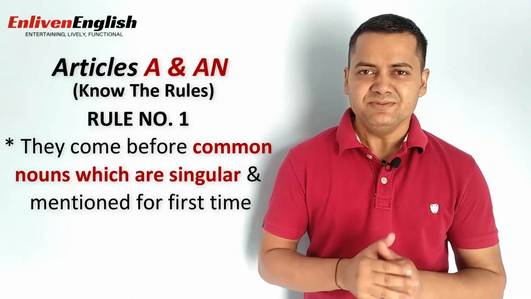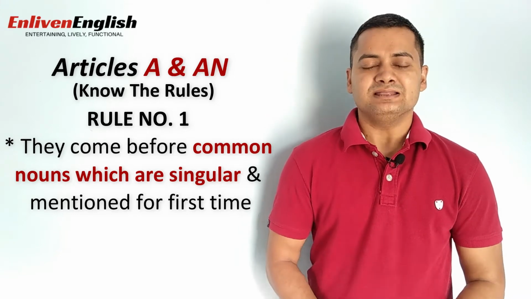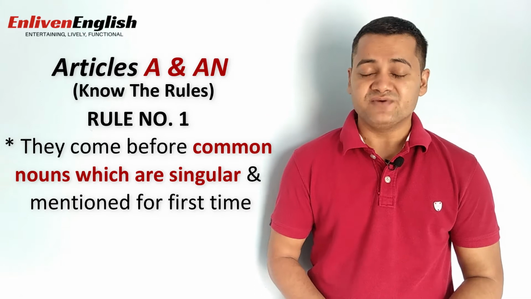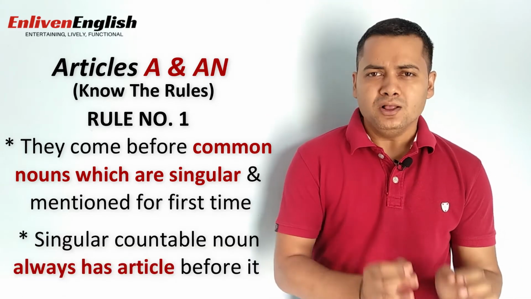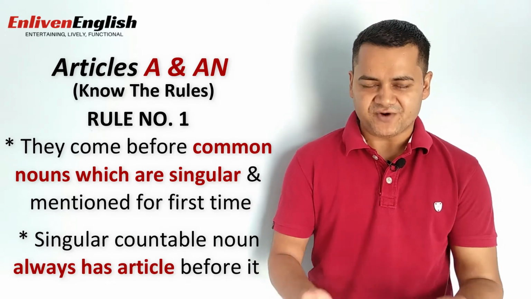Let's start with the elementary rule related to indefinite articles a and an. The most common use of a or an is before common nouns, which are singular in number and we come across for the first time. All singular countable nouns always carry an article before them. For example,